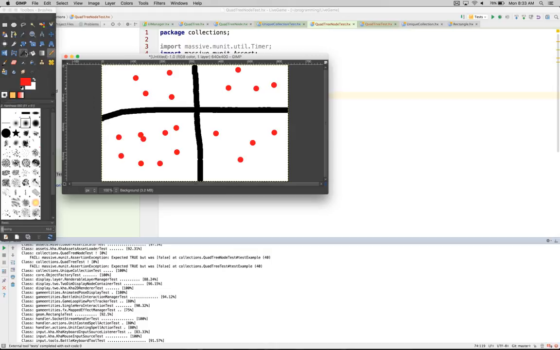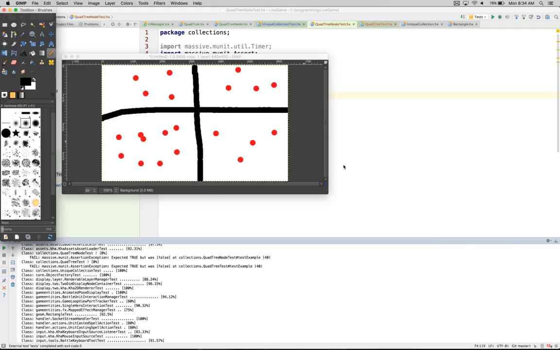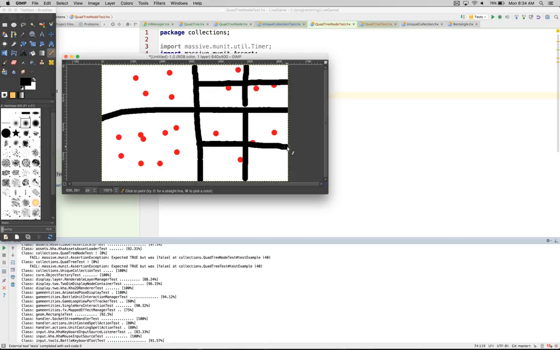Once we add so many things to an area, we're going to need to break it down into a smaller set of squares, like that. Okay? And so now, instead of trying to index the entire screen, we just have to find out